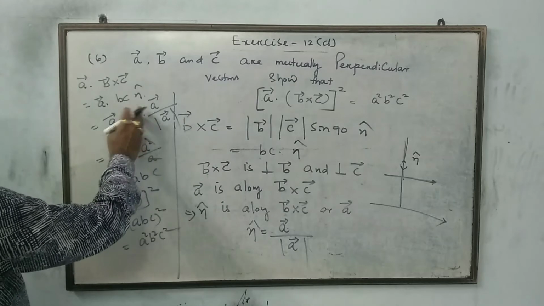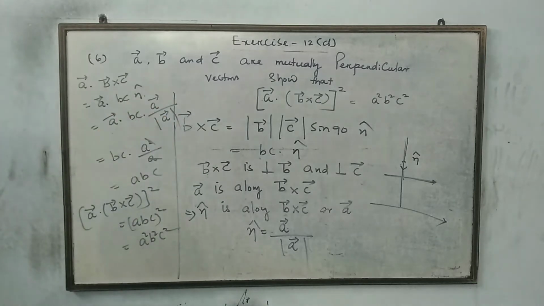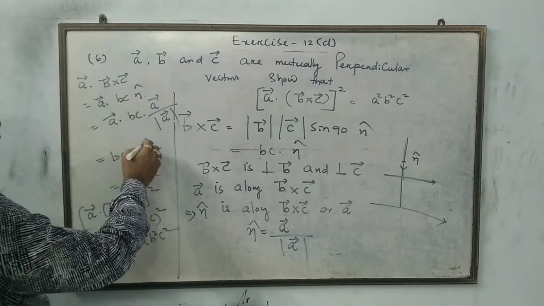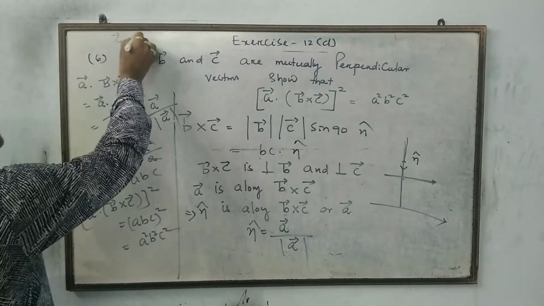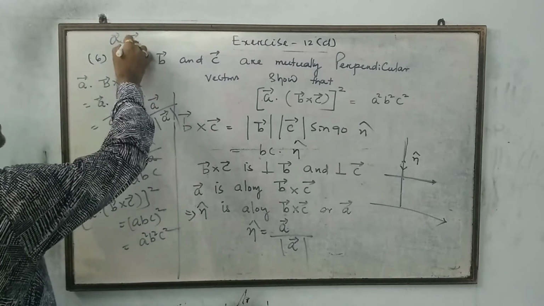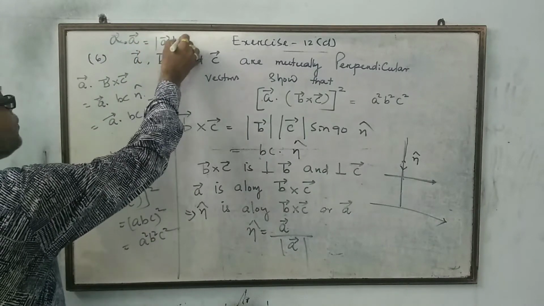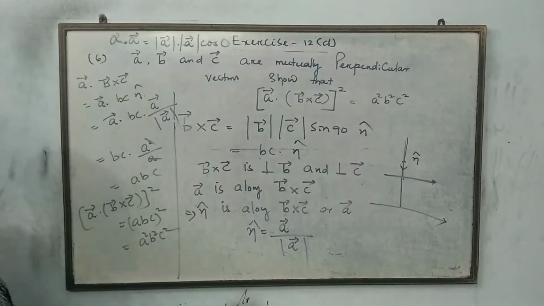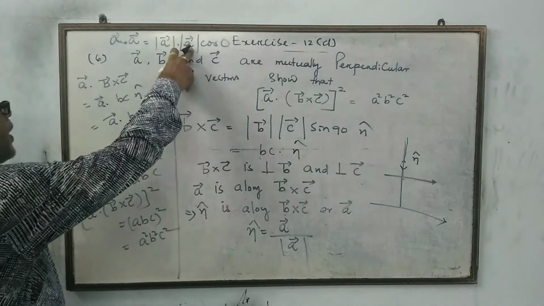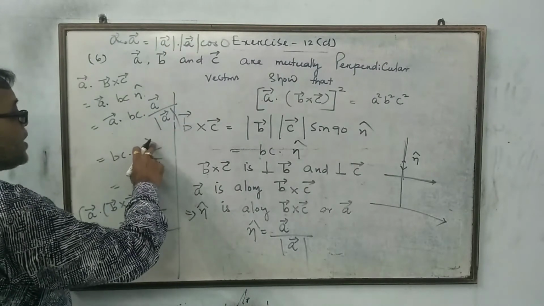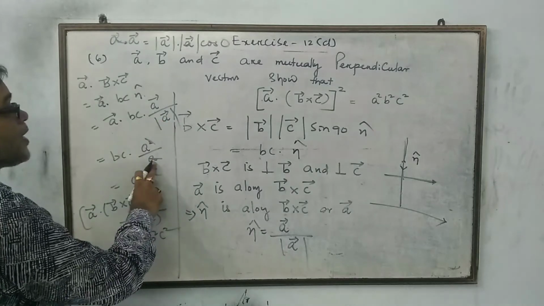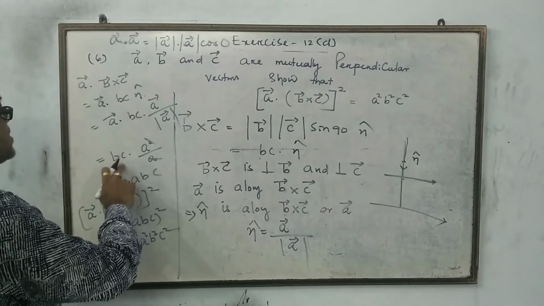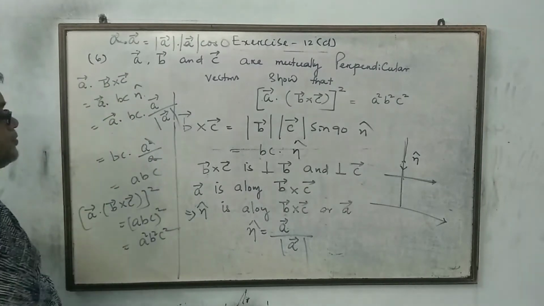I can write BC, these are all in the scalar form, so I would take BC, then A dot A. You see, A dot A is magnitude of A into magnitude of A. Two vectors are equal, therefore the angle between them is 0 degrees. Magnitude of A into magnitude of A is magnitude of A square, or I can write only A square, by magnitude of A, which is A. Then this would be cancelled, so only ABC. A dot B cross C is equal to ABC.